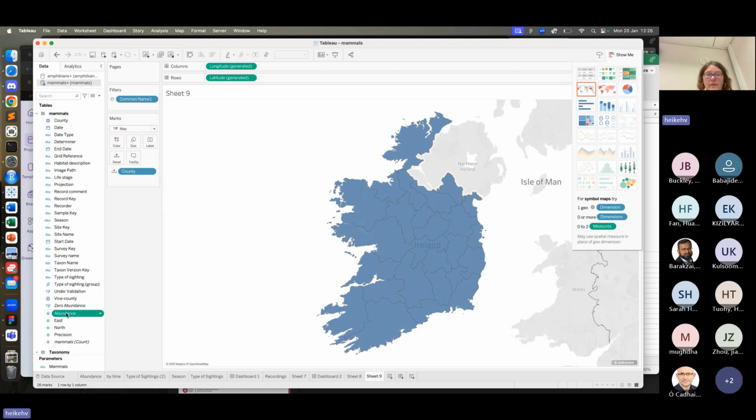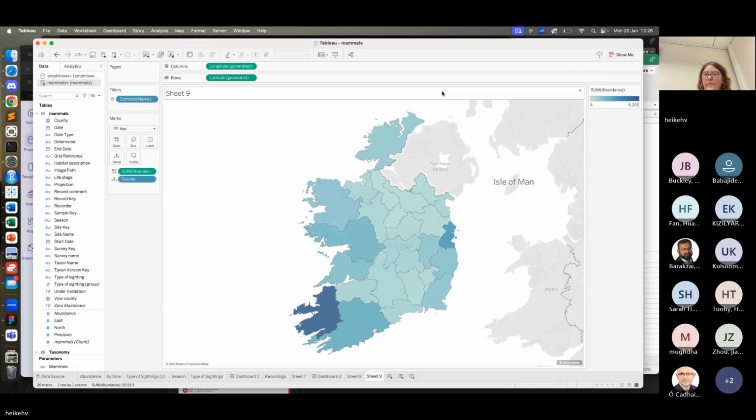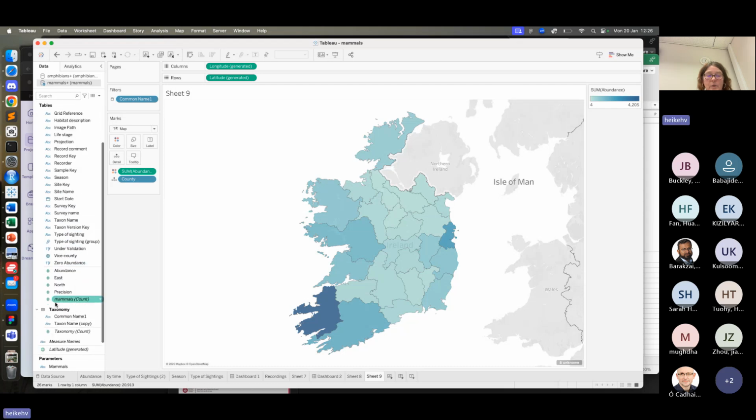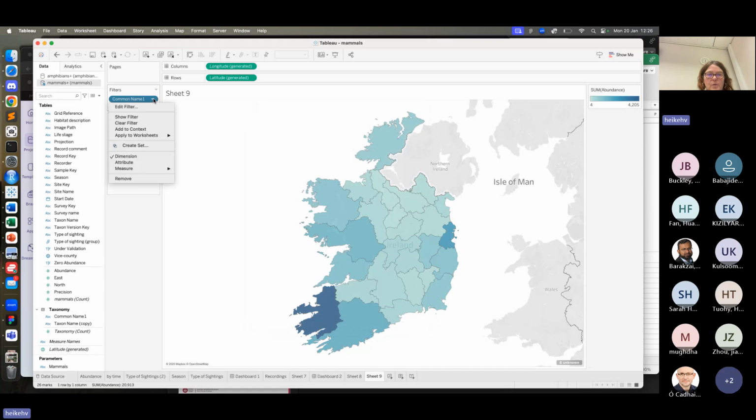And then you pull your abundance onto the color. And you should get something similar to this. Then what you can do is scroll down to your taxonomy and pull the common name onto the filter. I have it there already. And I want to use all, that's okay. But I want to show,